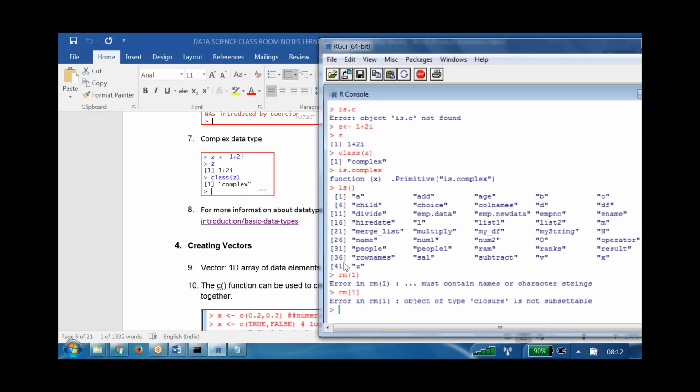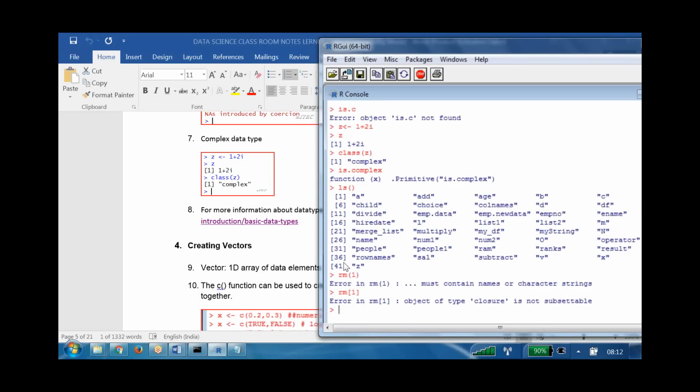By mistake, if I want to remove the 36th variable, how? I don't know the variable. These numbers are only for display purposes and are not fixed.